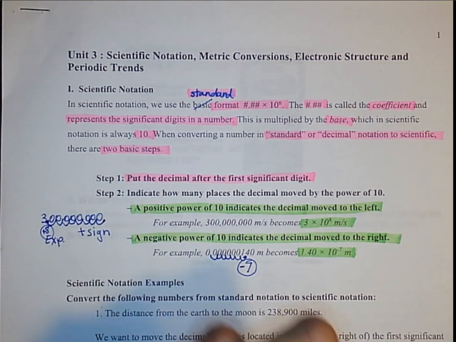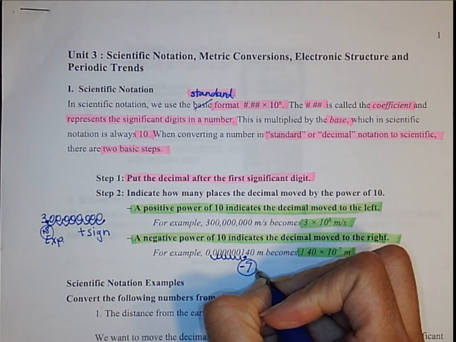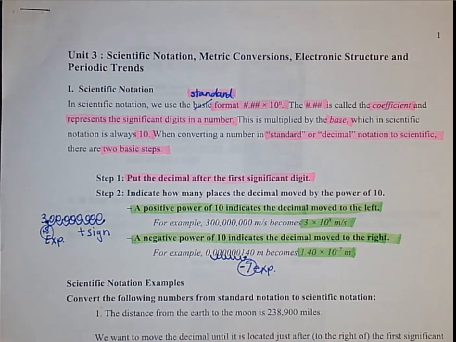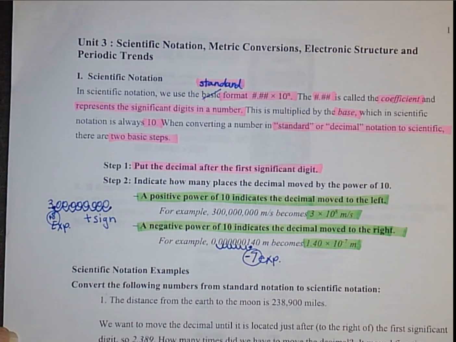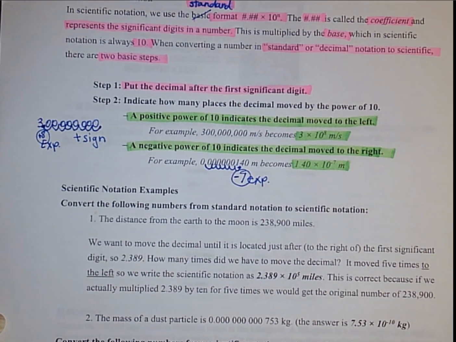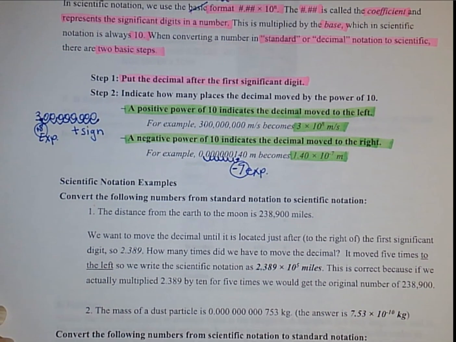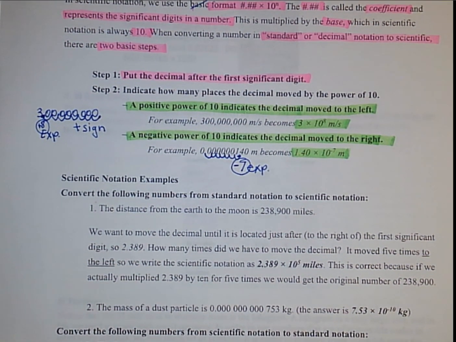We're going to write a positive 8 on the example above. So this is our exponent. Okay, now moving on with this, we want to convert numbers from standard notation to scientific notation. So again, you guys, here are your two examples. You have